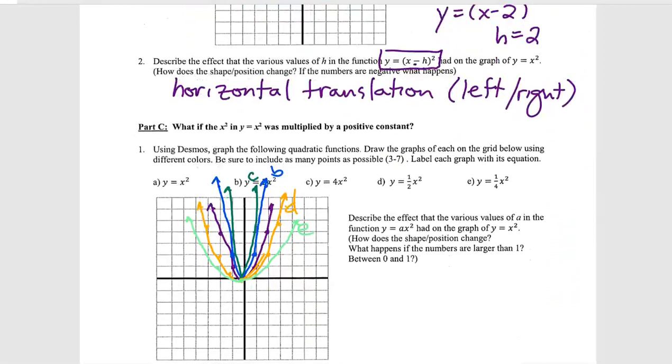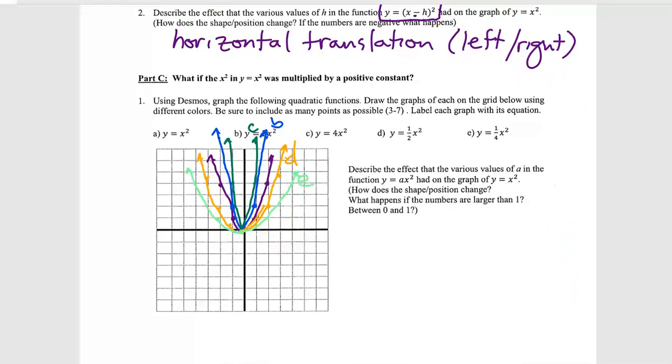Our part C here is investigating what if we multiply by a constant. So in the front here, I'm multiplying by 4. I'm multiplying by 1/2. I'm multiplying by 1/4. Again, because of BEDMAS, I'm going to do my squaring and take that answer and times it by 4, times it by 1/2. And what happens, you'll notice that the graph got steeper or wider. It looks like taller or wider. What we're going to use, though, instead of thinking about it getting wider left and right, is thinking about stretching it taller or compressing it shorter. So we're going to call these a vertical